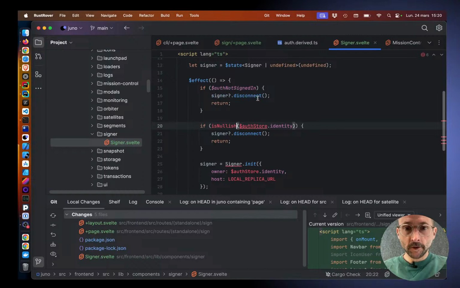If for some reason, I guess it's more a guard than anything else. If for some reason the